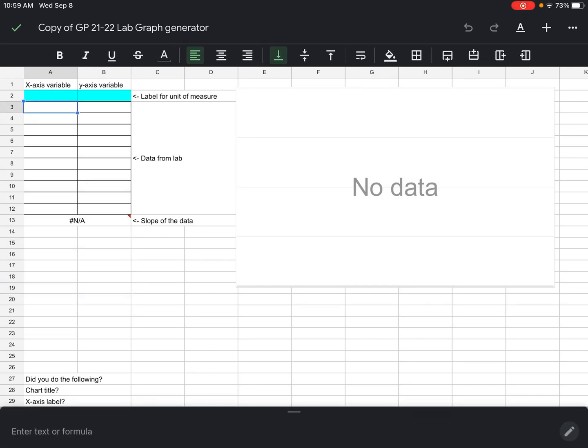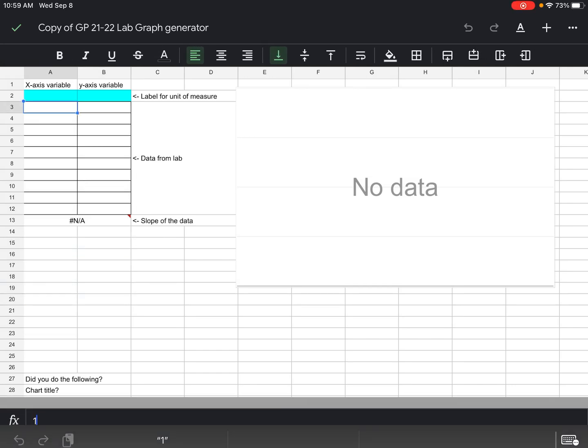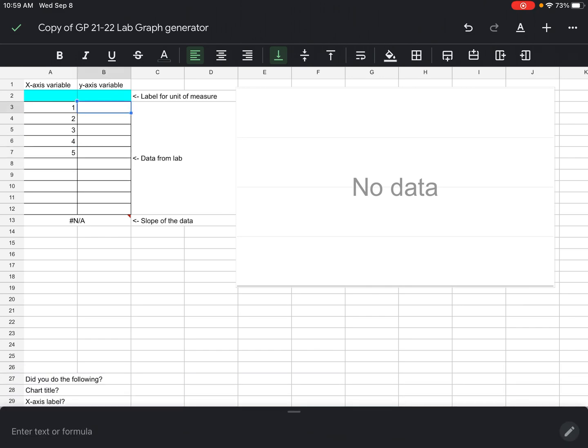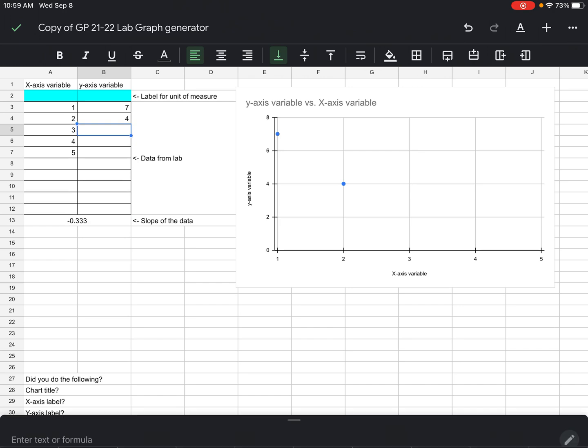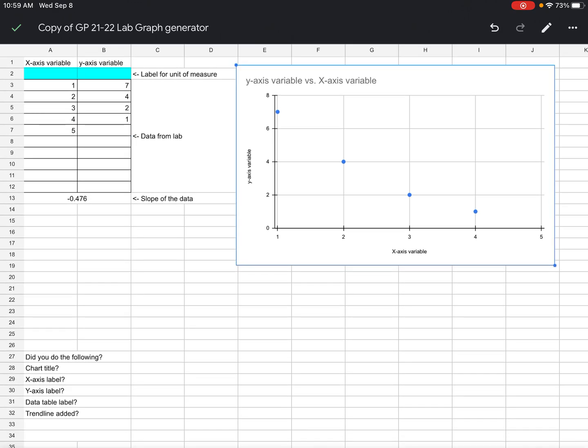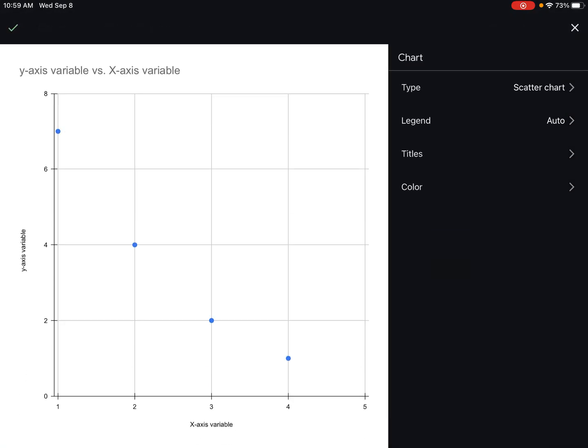All right, so adding titles to this. Let me just put in a little bit of data for us, and I'll go over to this next one. All right, so just put in some data for us so that we have it. Now, to add titles to this, I'm gonna go up to the pencil up on the top there, and now